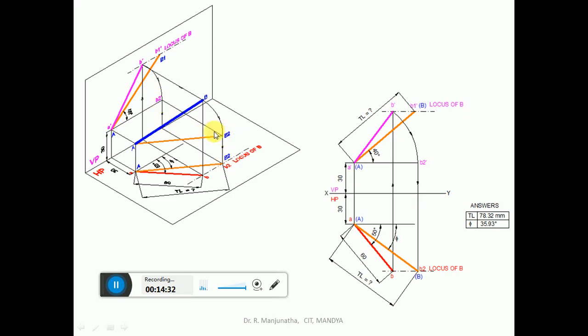Then we are projecting from B2 here. So that projection is here, and you are going to get this small B2 here. Then join AB2 with a little bit thicker line than the projector line, and by using the protractor you measure the angle of true inclination with respect to VP, which is phi. So this is how we will be able to solve this problem in steps also, that is step by step.